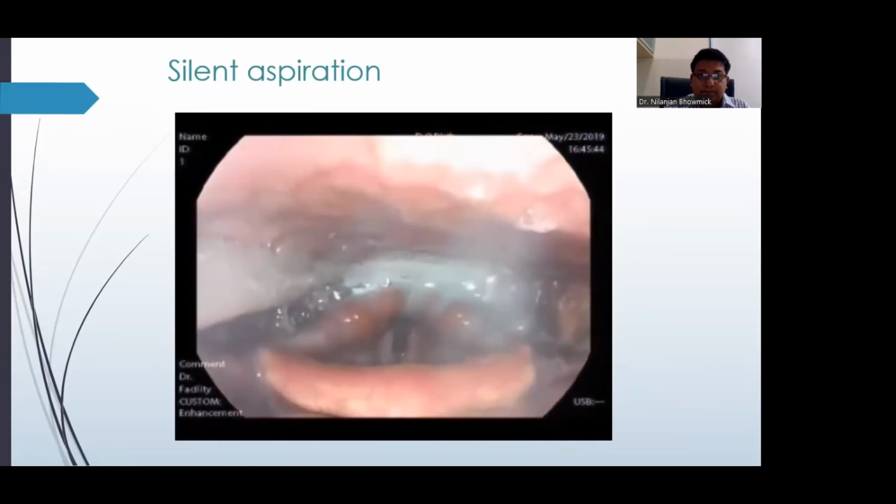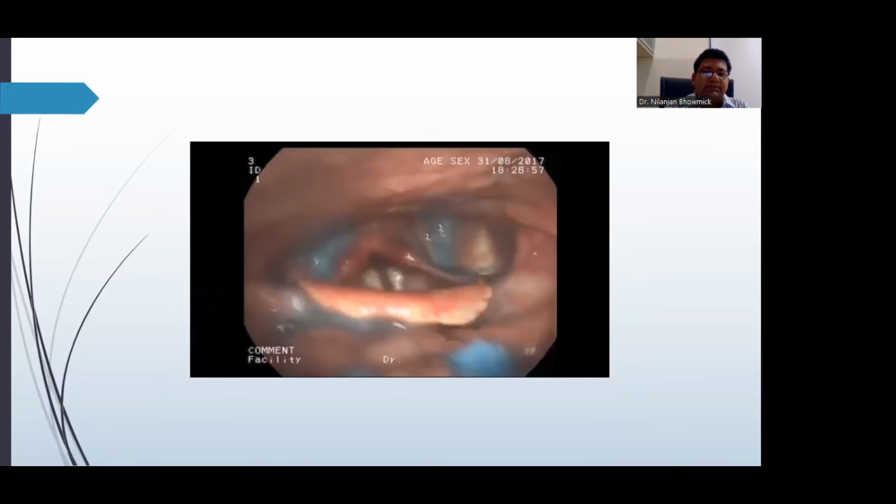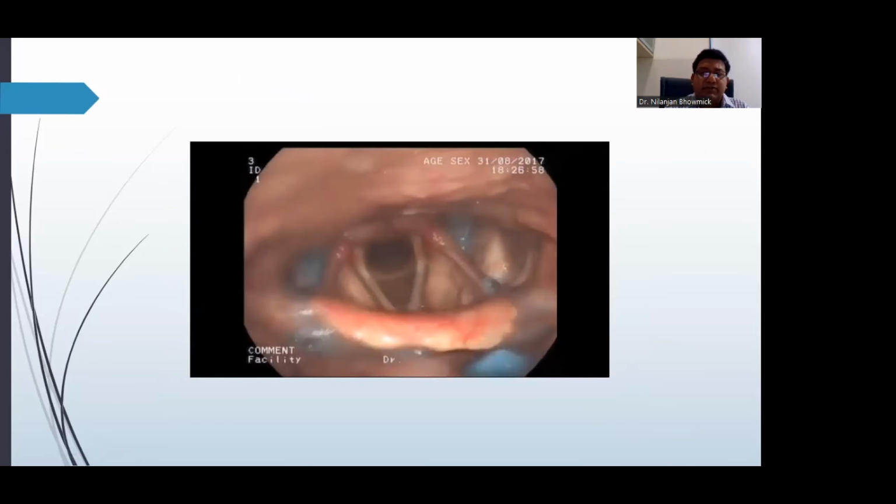As I was mentioning earlier, FEES is also a modality to give feedback about your therapeutic measures. So compensatory or rehabilitative measures that we undertake during a FEES examination is also something that we can get feedback on during the examination itself. Here is just an example of what I was just talking about. So this is a lady with vallecular residues. You can see poor pharyngeal contractions, poor tongue base elevation, and residue buildup.